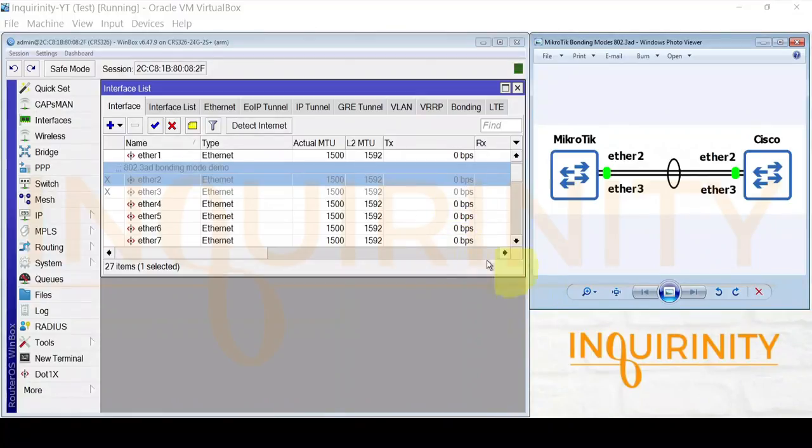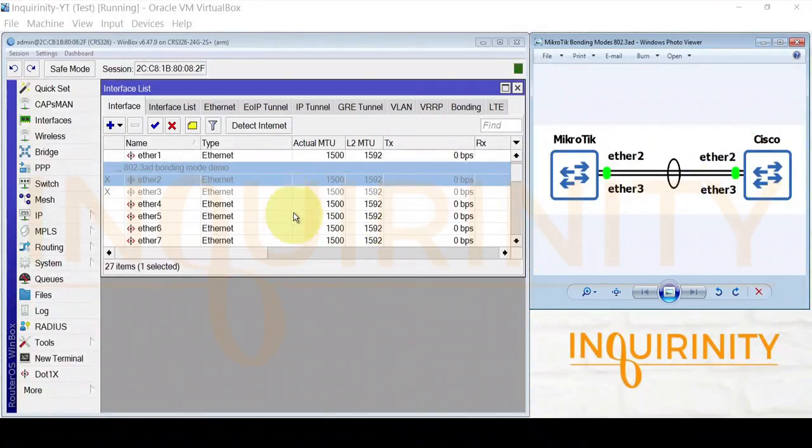So here we are in our demonstration. If we go back, our configuration task is to configure our MikroTik CRS with bonding, and we will interconnect it to a Cisco switch.